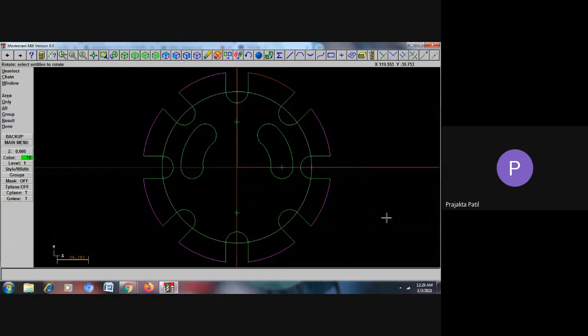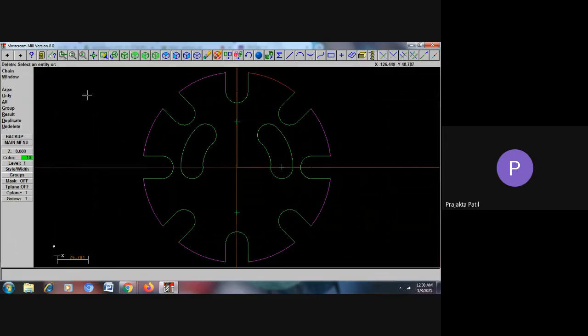I feel this is easier than trimming the circle in this region. At times it becomes difficult to trim. Sometimes this extra line gets trimmed. So in order to avoid those complications while trimming, you can just go for this option of deleting the circle entirely and just connect the endpoints. Having done this, I will delete the extra things that I don't need here. This circle is not required, so I have deleted it. If you can see, this is the geometry that we require.